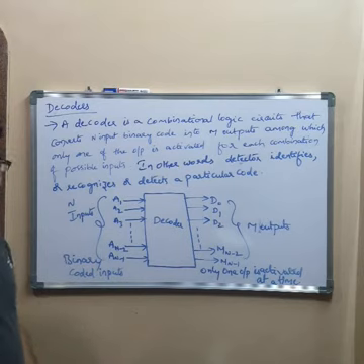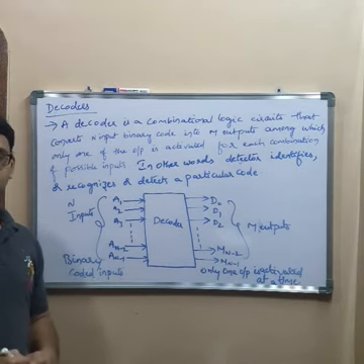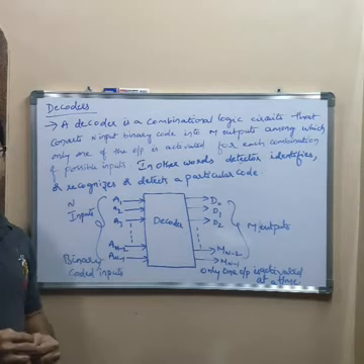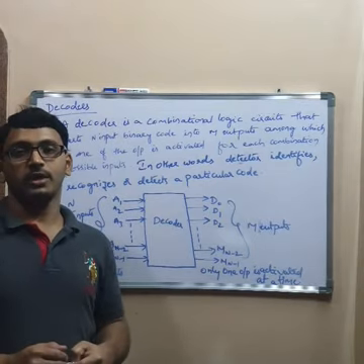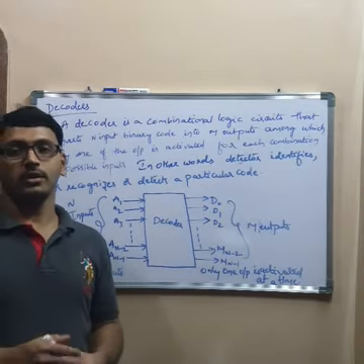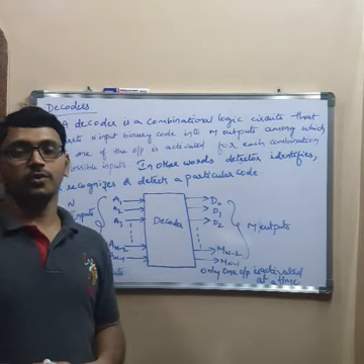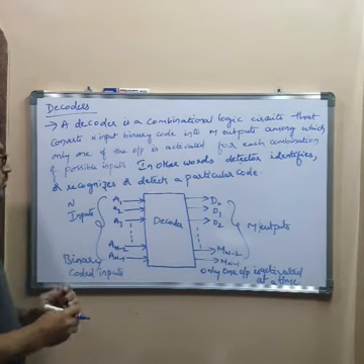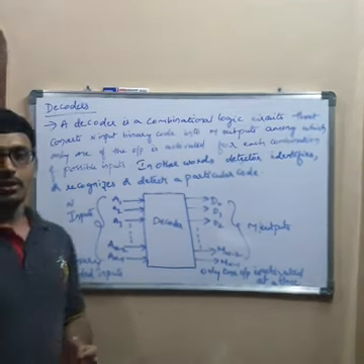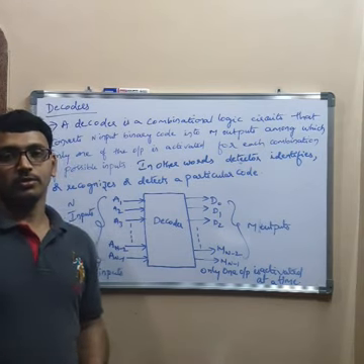This is clear? Decoder. Actually, this decoder is used in memory systems for storage purposes, right? In order to receive the data, first of all, we have to send the address to the memory, right? In that address location, whatever the data is there, we are able to receive the data. So for that, first of all, we have to send the address. It decodes the address in the memory, right? So let us see first the basic 3x8 decoder.